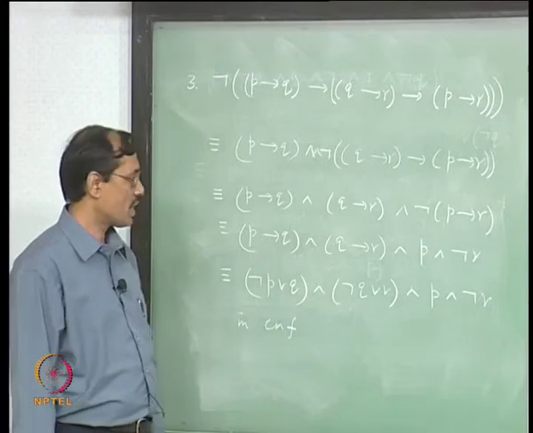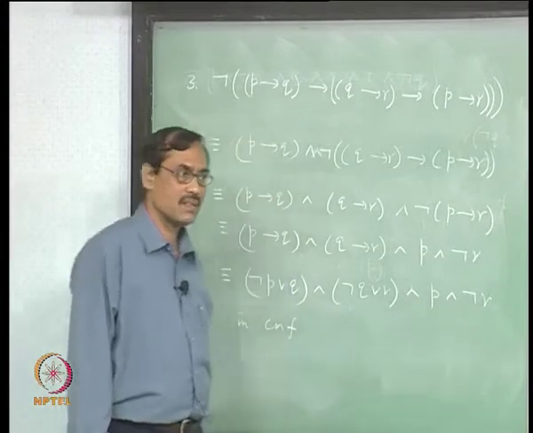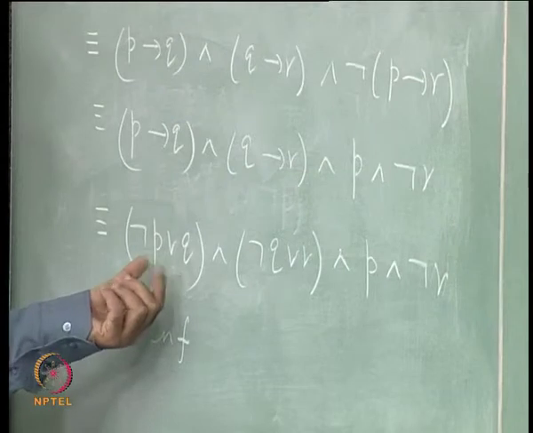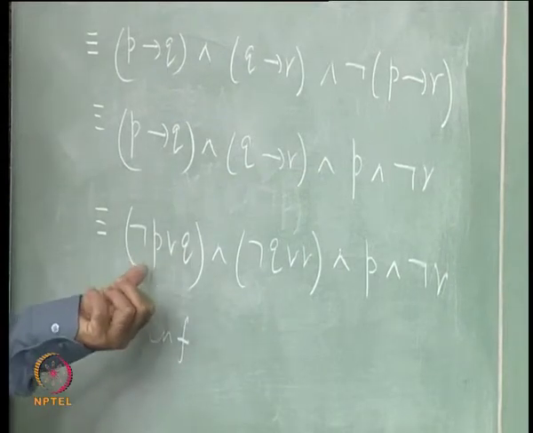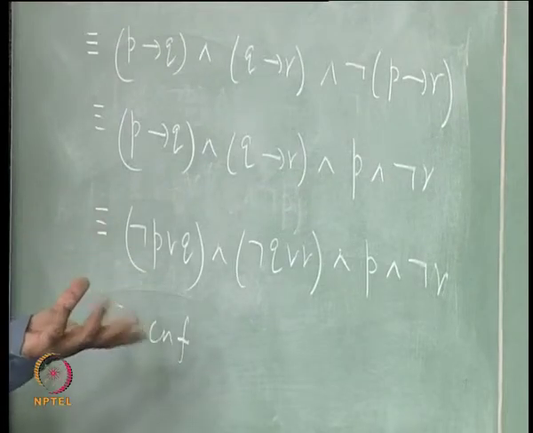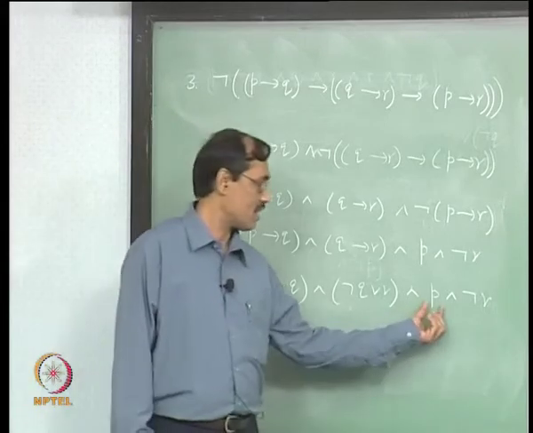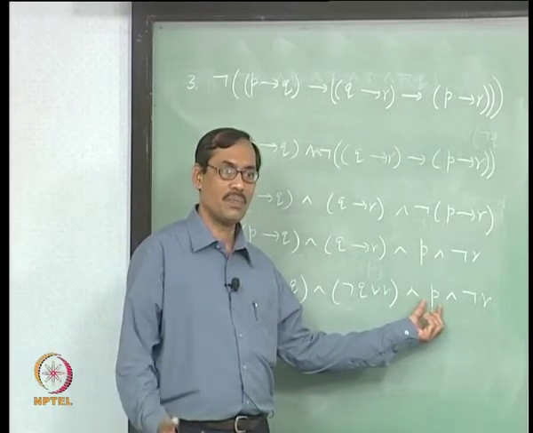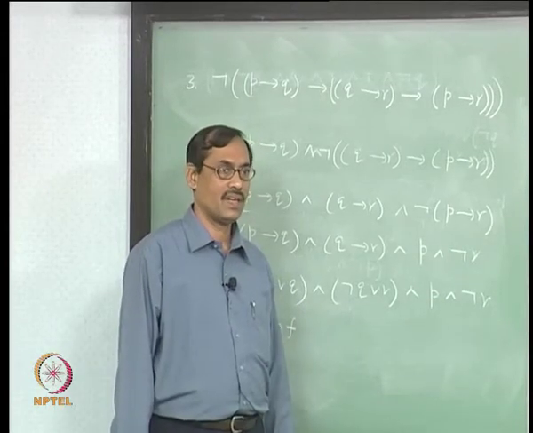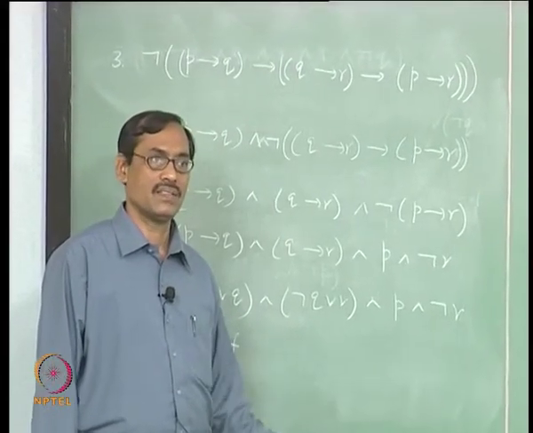It is not, because there is one clause where there is not a pair of complementary literals. If not P is there, P is not there. If Q is there, not Q is not there. For validity, each clause should have a pair of complementary literals. Here at least there is one that itself is a literal, a propositional variable. So, no pair can be available there, right. Clear? So, it is not valid, that much we know, it is invalid.